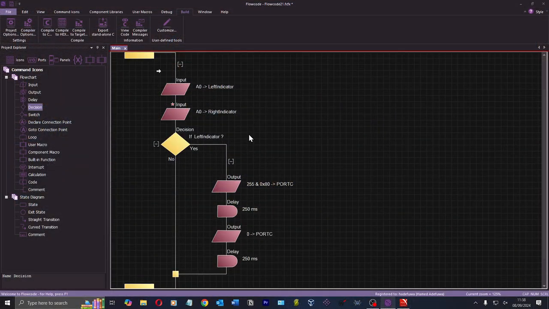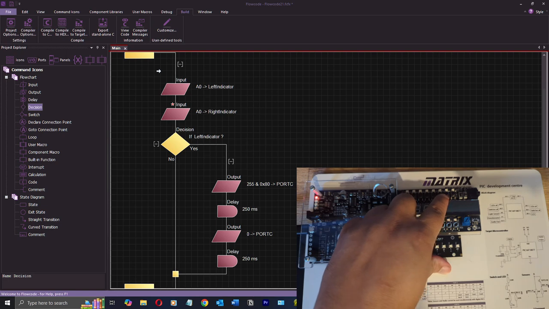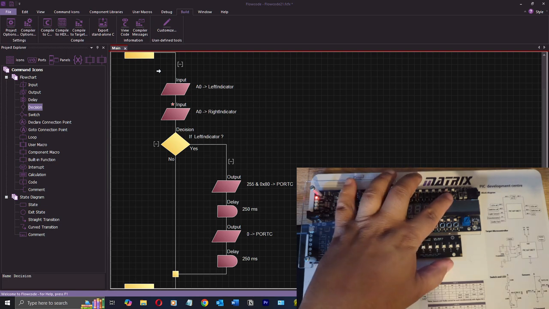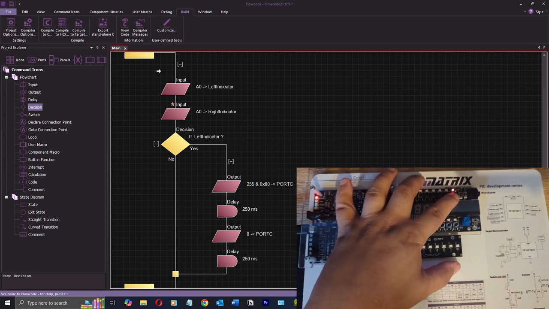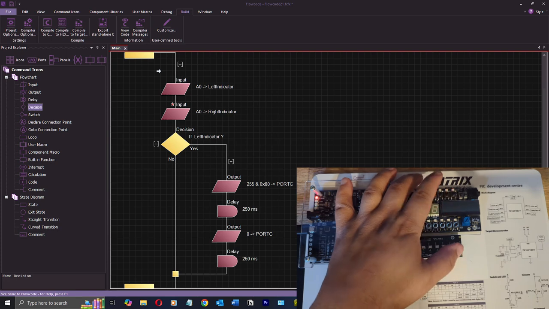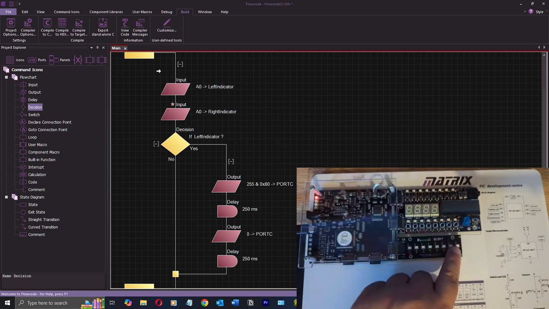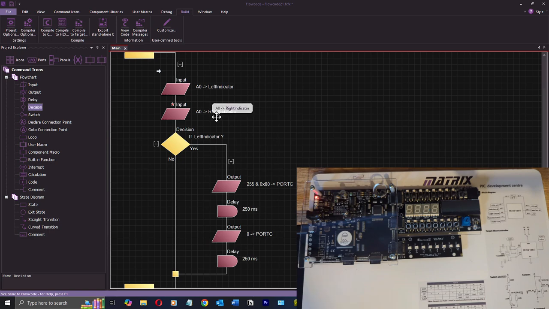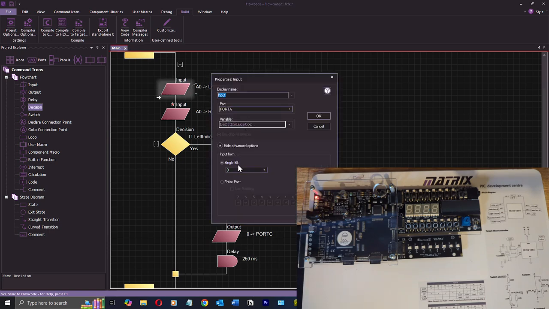So what I've done here now is I've got left indicators. I'm getting confused switching between screens. So left indicator will be bit 1 and right indicator bit 0, and then we'll use the right indicator to turn on LED 0 and the left indicator to turn on LED 7. So right indicator is 0, left indicator needs to be 1,